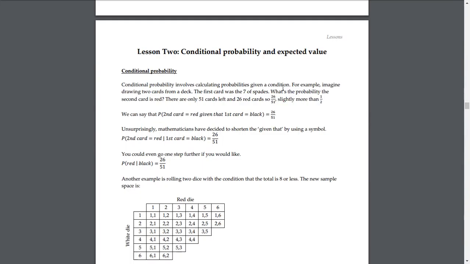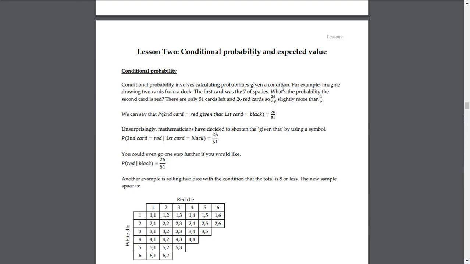There are only 51 cards left. We started with 52, draw 1 out, there's only 51 left. And there are 26 red cards because the card we took out was black. We started off with 26 red and 26 black. So the probability of getting a red card is 26 51ths, or 26 divided by 51, which is slightly more